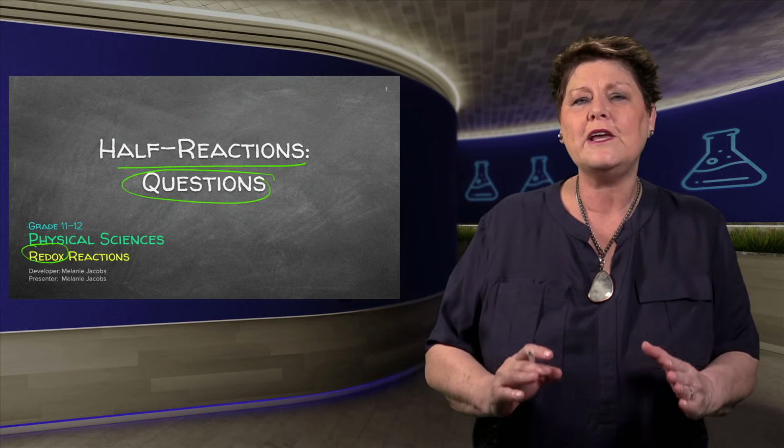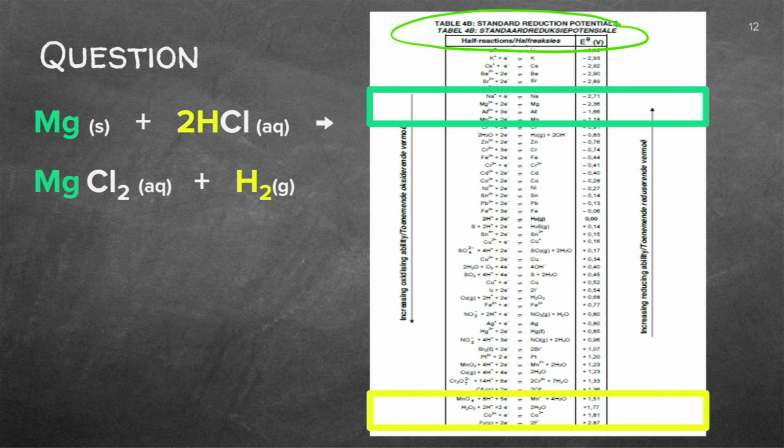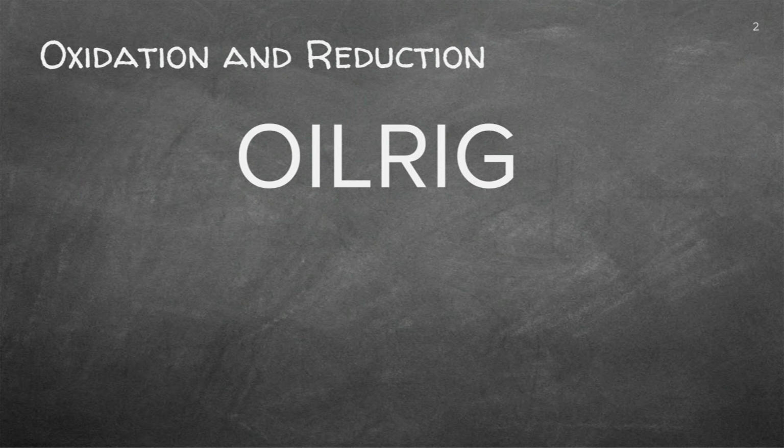I need you to get your table. You remember the table that we're using? We're using the 4B table, electropotentials, and I need you to have a pen and a piece of paper with you. You're not going to need a calculator now or the periodic table, but get those ready so that you can work with me. We're going to start off, and I'm going to do this every time.